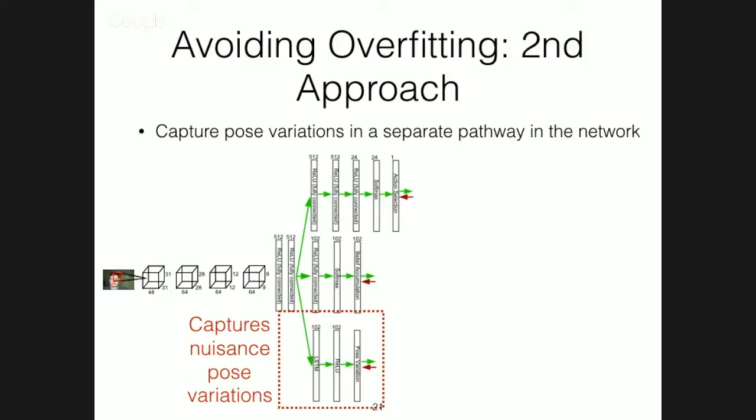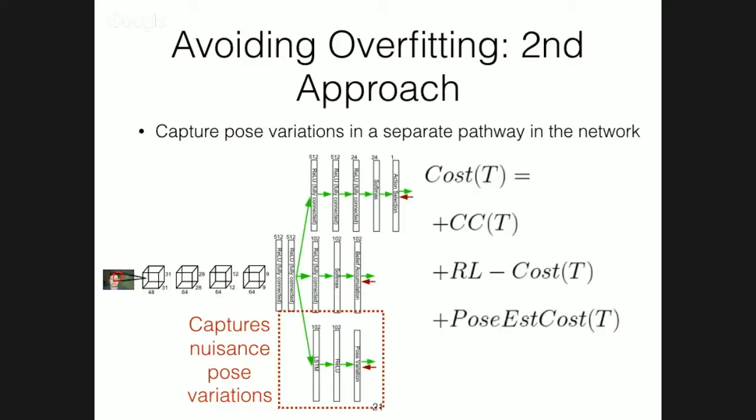And then how can this help the learning in the other pathways? Through the cost function. So I have the classification cost from before. I have the reinforcement learning cost again from before. And then I'm training the pose estimation. Because I know the pose of each image, I can train this pathway. And then here is the fourth